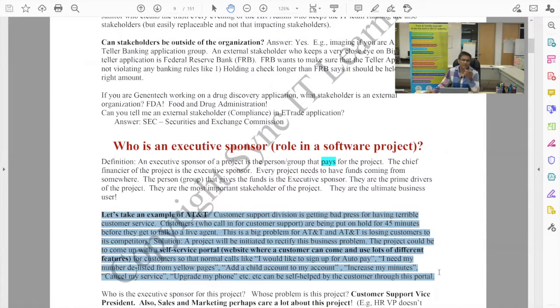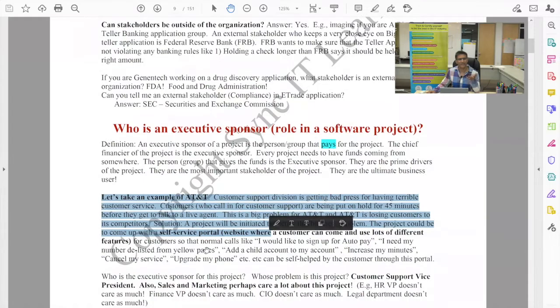So the customer support vice president might think, you know what, this is dumb. Why don't we create a very full-featured portal, a self-service portal, where customers can come in and do the things that they're asking us to do. Add a line, remove a line, add a child account, upgrade my phone, increase my plan and things like that,